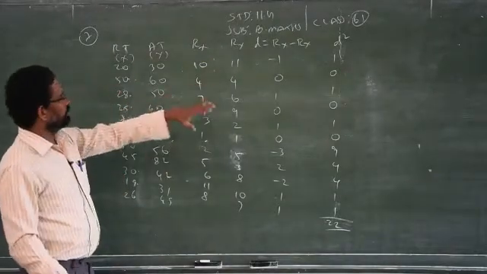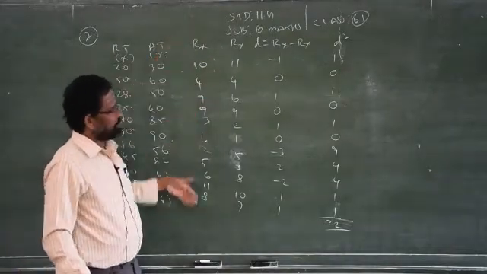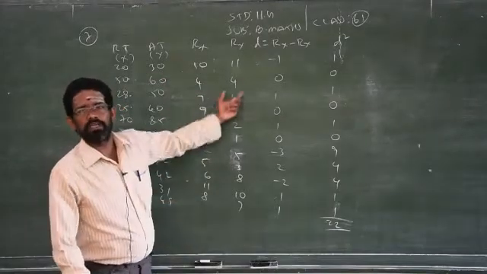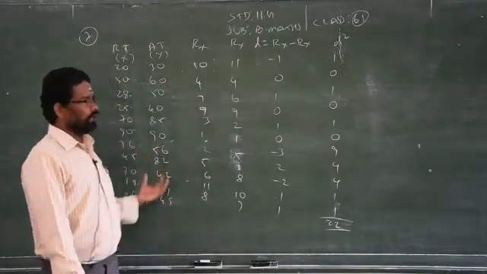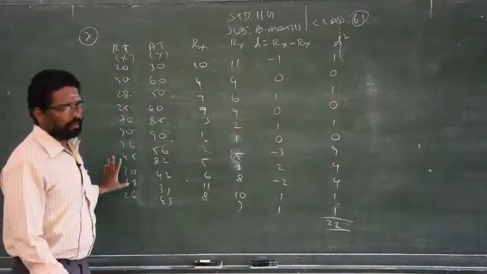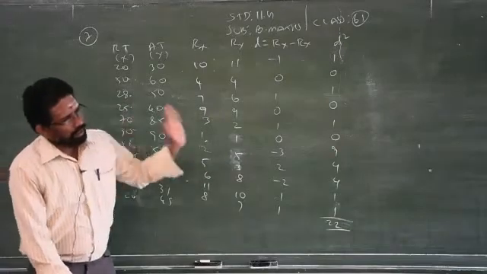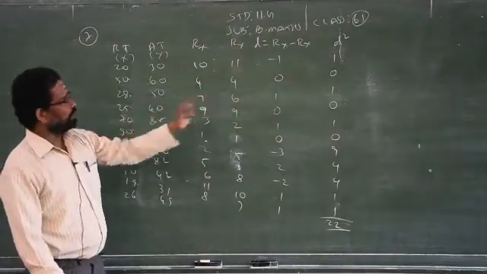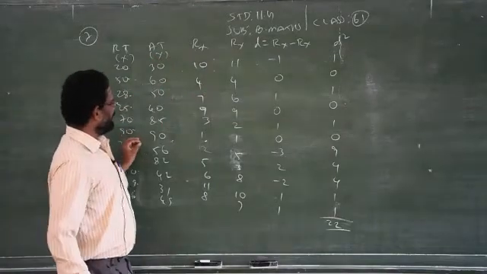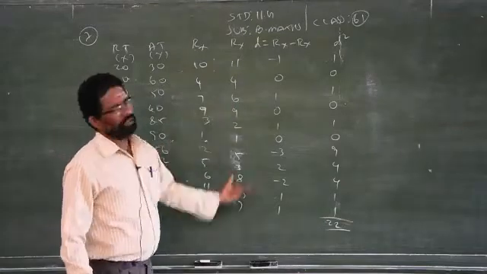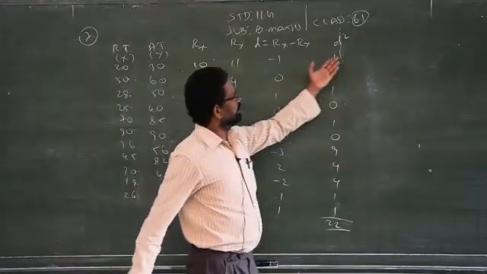Then after you find out that, you can replace in the place of rx, the corresponding rank you have to write in the column rx as well as ry. Clear? So you have to write straight away from the tabular column, or you can rewrite the marks in ascending order or descending order. Based on that, you can write the rank relevant to the given marks under rank x and rank y. Then you find difference d and d square.